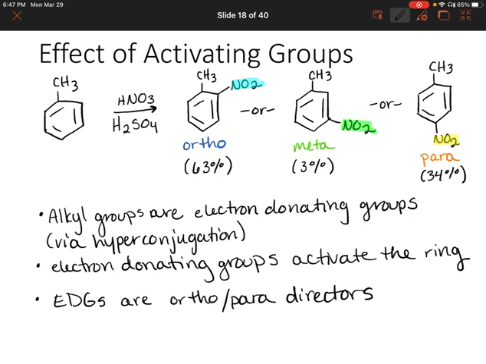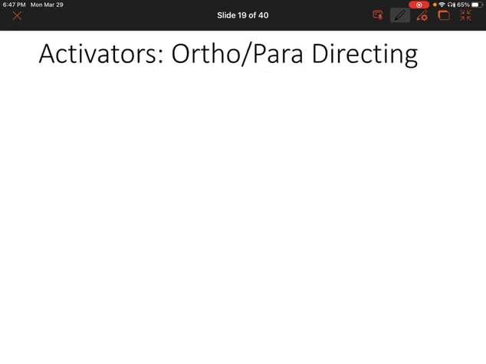Okay, why? Why are they ortho-para directors? Well, let's look at the intermediate for this type of reaction. So again, let's say we're starting with toluene. So we have a methyl group on our benzene ring. And we're going to add that nitro group that we talked about. Oh, and actually, let me draw my double bonds in slightly different places here, just so it's easier to see